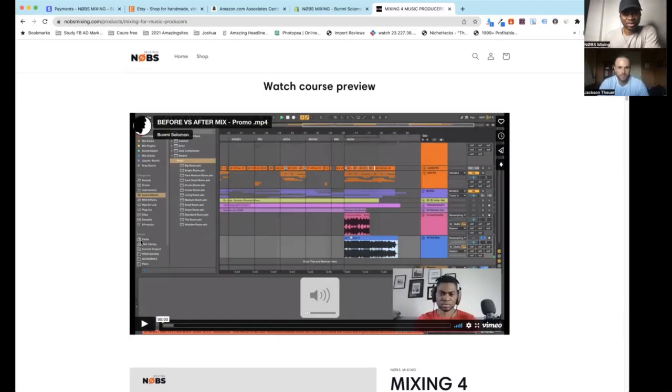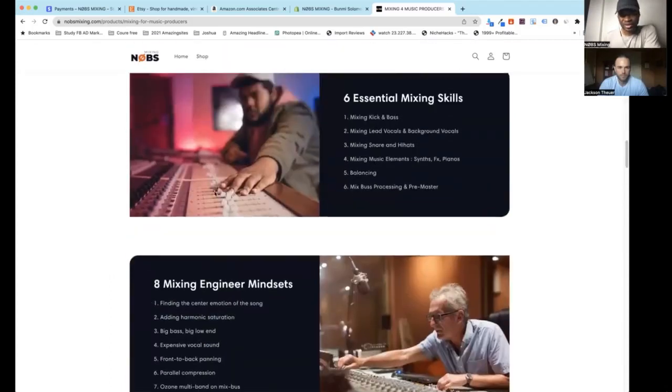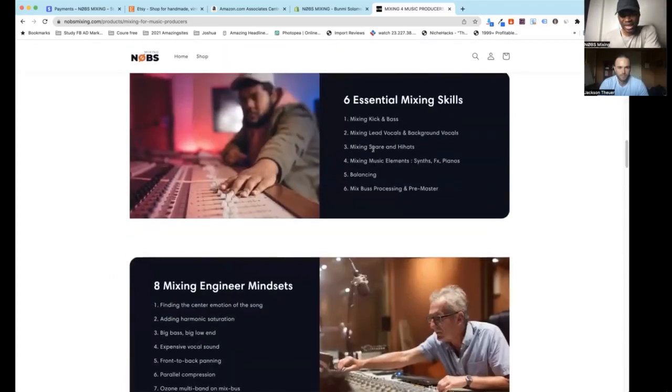I broke it down into, where is it? It's right here on this one, mixing hi-hats and vocals. I show how to carve space for hi-hat and snare sitting together so they can sit on top of each other and not clash frequency-wise, and also how they coexist with the lead vocal top end.